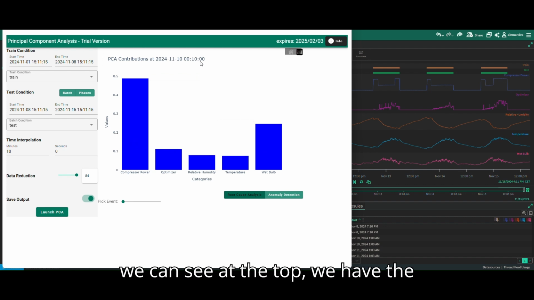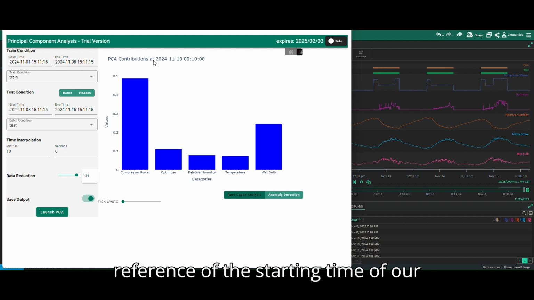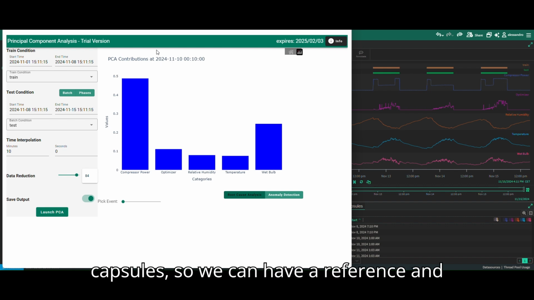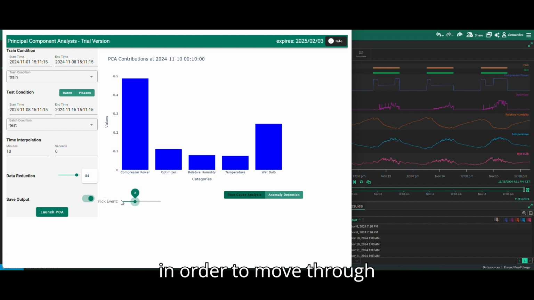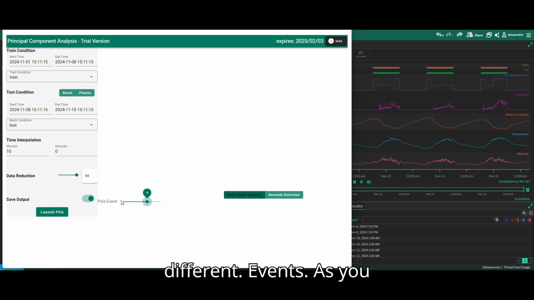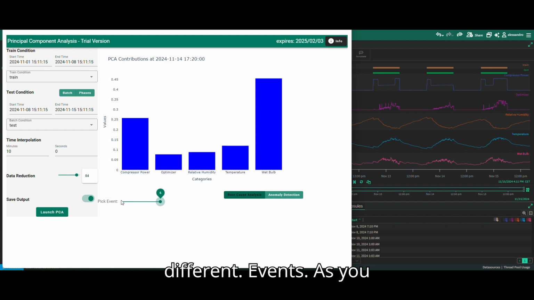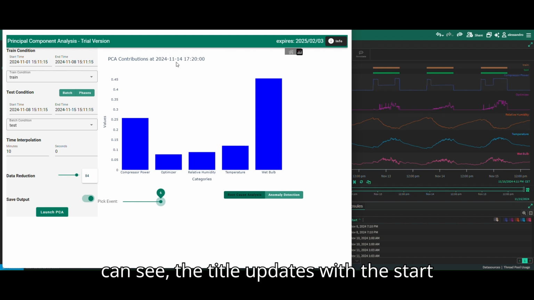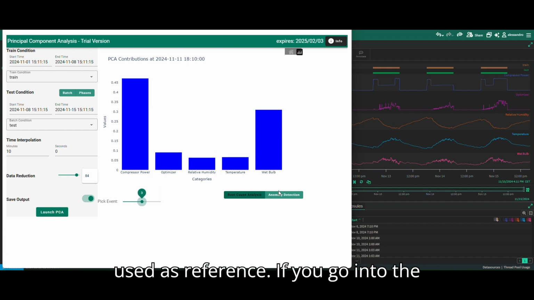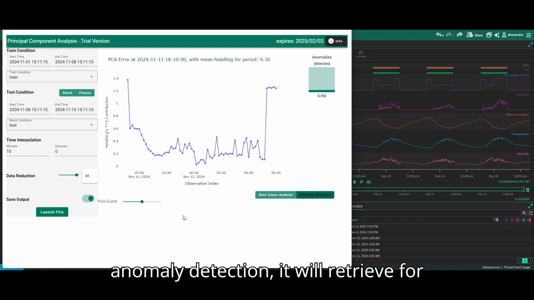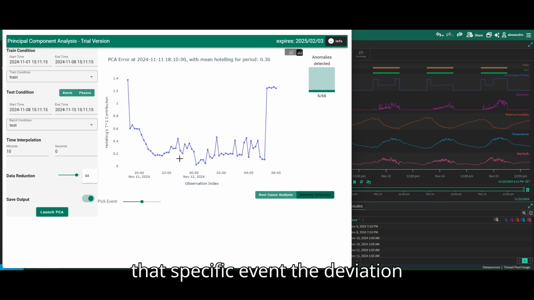As we can see at the top, we have the reference of the starting time of our capsules, and we can also move around on this slide bar in order to move through different events. As you can see, the title updates with the start time of the capsules, so this can be used as a reference. If we go into the anomaly detection, it will retrieve for that specific event